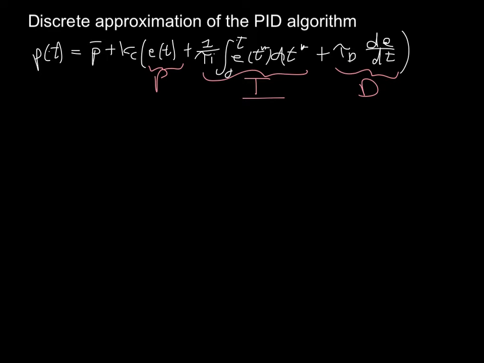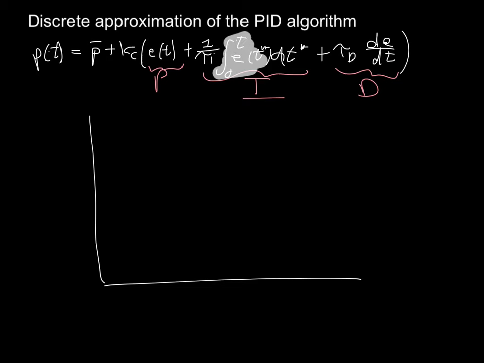So the first part of the approximation that we need to do is the integral approximation. And really the part of the approximation that we are going to be focusing on is just the part that is inside the integral here. So we only really need to worry about that integral of time. The multiplication is easy to do. And so assuming we have something like our error varying over time,